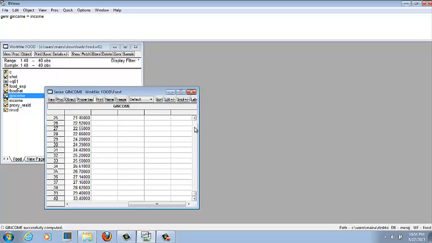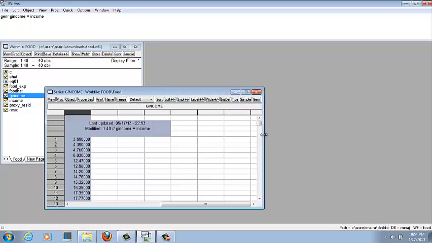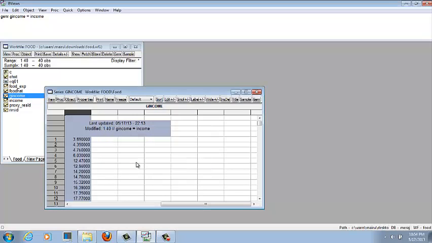Now the first step is just to sort the data. For this purpose I have to select this, then use the menu button here, Sort. So our data will automatically be sorted. So it is sorted now.